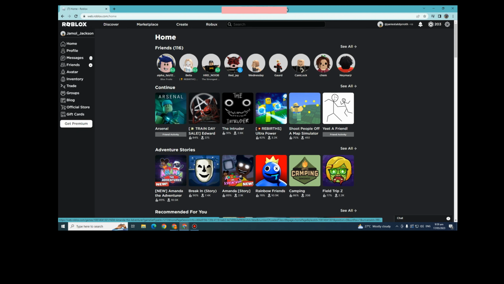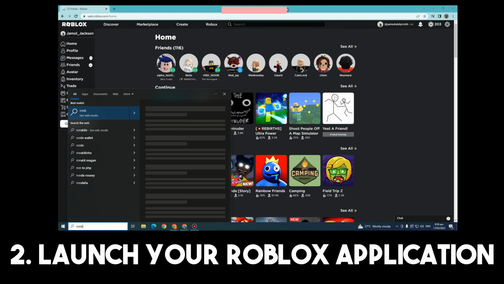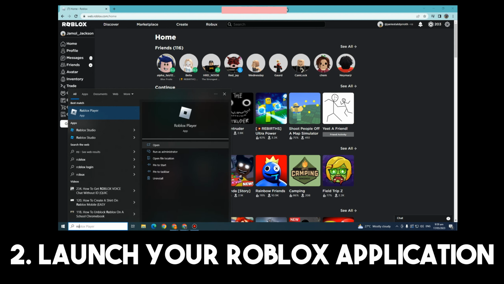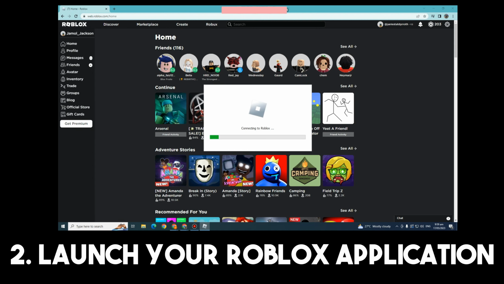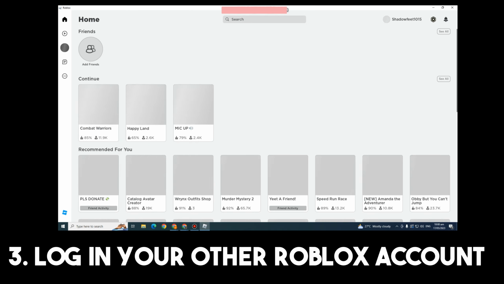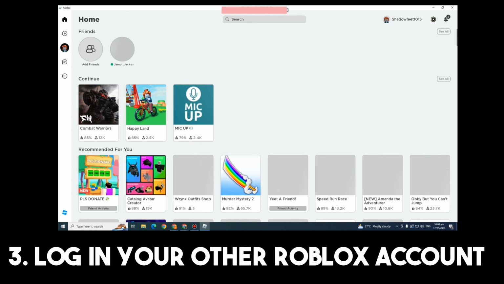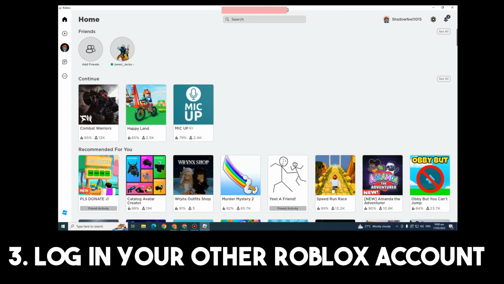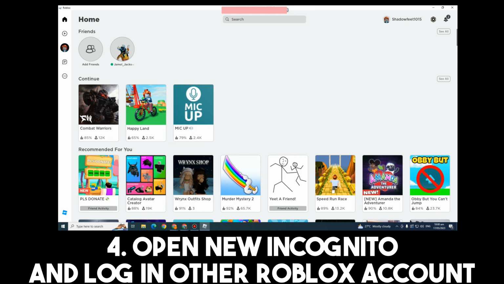So actually, you can just launch your Roblox application here. Go to your Roblox, open this one, launch your Roblox application, wait as it is connecting. Once done, all you have to do is to log in to your account. So as you can see, I am currently using Google web browser for my other Roblox account. I mean, my main Roblox account, and I am now using my Roblox application and I log in my other